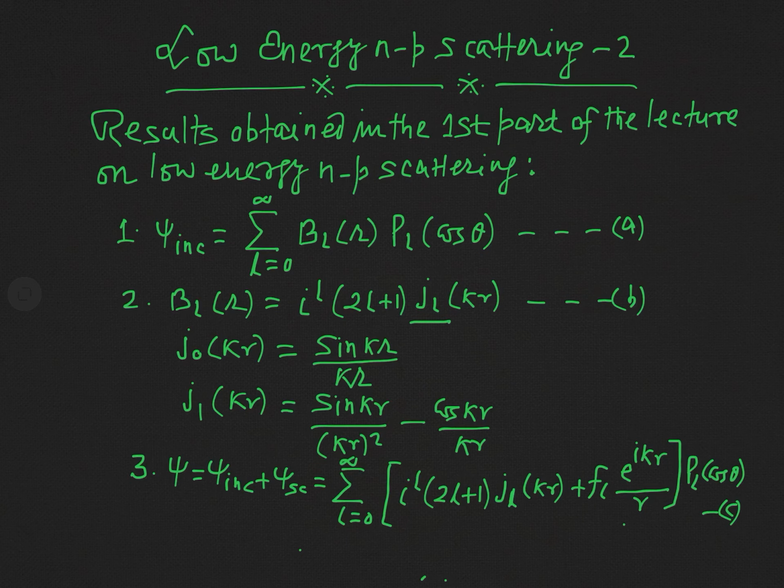And how? We can say that the L equal to 0 wave, or you can say the S wave, is mainly scattered in this process. First of all, in this lecture, I would like to explain this important fact. And after knowing this fact, we will actually calculate the important quantity of scattering experiments, which is called the scattering cross section.